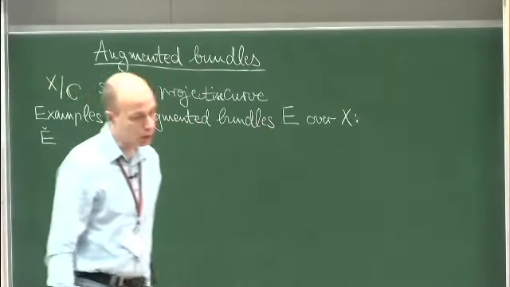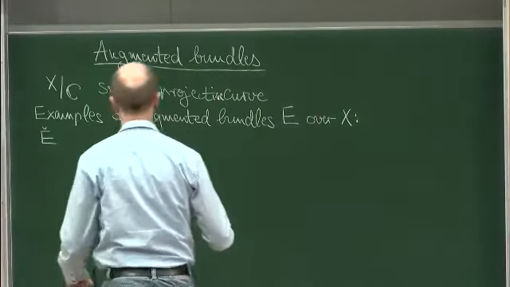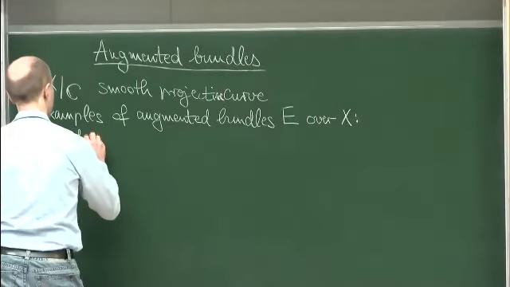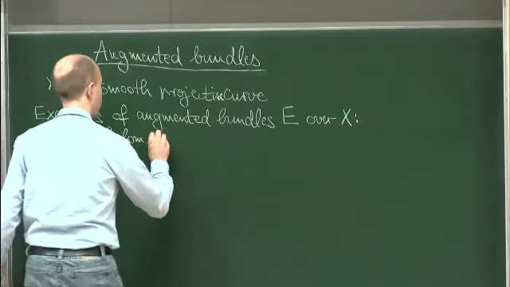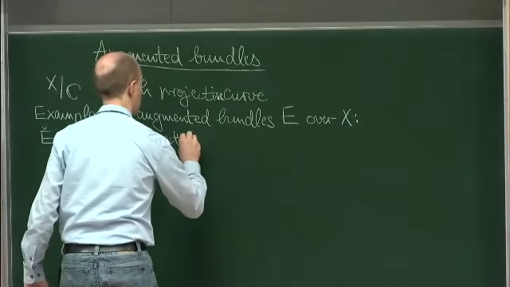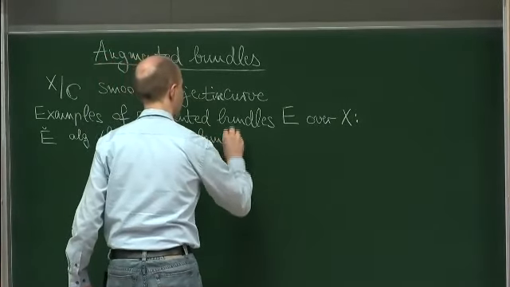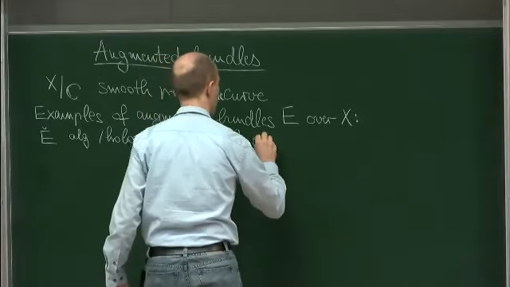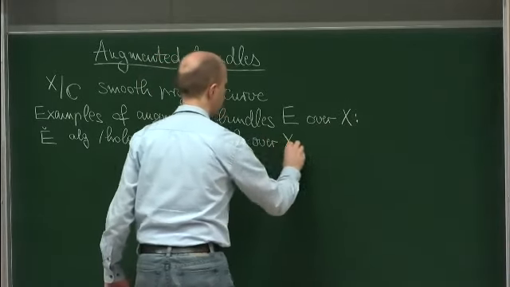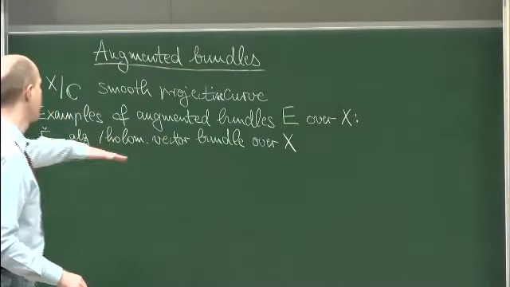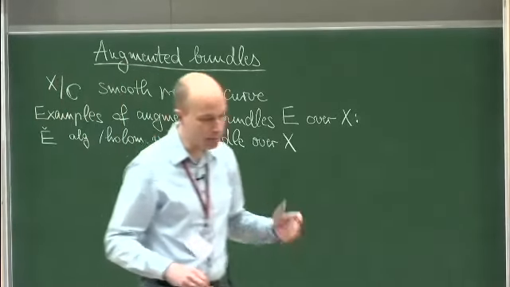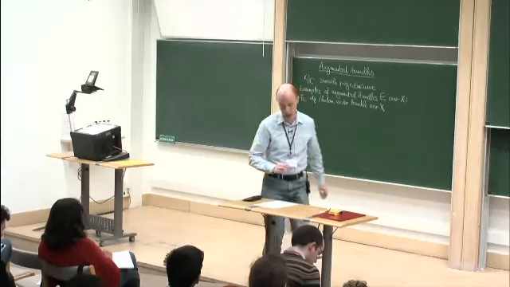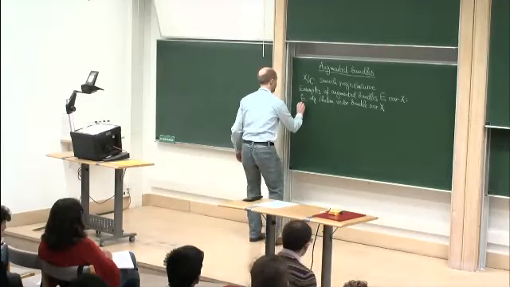So E check will always be an algebraic or, equivalently, holomorphic vector bundle over this compact Riemann surface X. And then there are various types of augmented bundles where this underlying vector bundle is augmented by some kind of extra structure. For example,